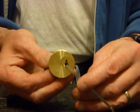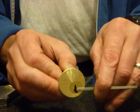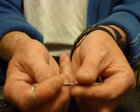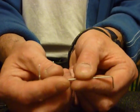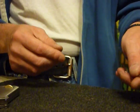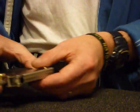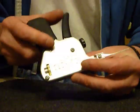which I will go into in a split second regarding the pick gun. So let's put that to one side. That's the wrench that comes with the Southord. It is good on certain locks depending on the opening. I have used before bits and pieces from other toolkits, but what we've got there is the Southord pick gun,